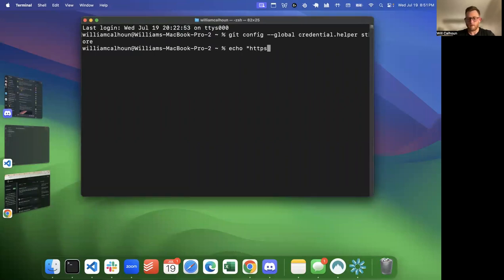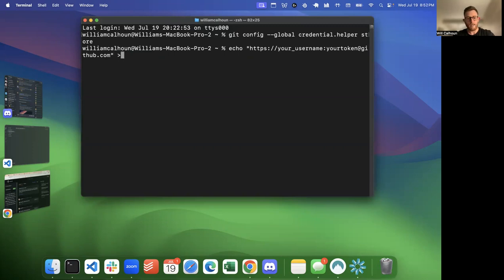https:// and there's a whole video on this too. You'll have this video and you'll have other videos as well. And you're going to put your username. So whatever your username is for GitHub. I'm going to say your username here, but obviously fill this in. Don't type "your username", fill it in with your actual username. Then you're going to put your token at github.com. So right here where it says your token, that is the token we just created, at github.com,